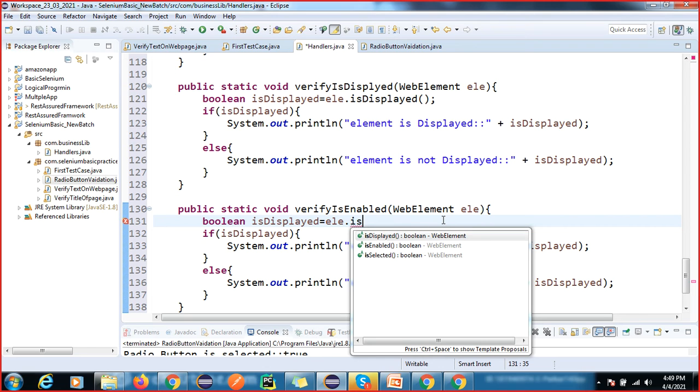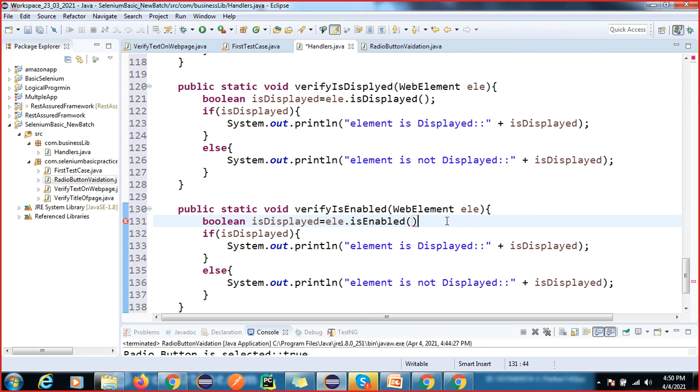This approach you have to learn in real time, how you can do fast development. So isEnabled, isEnabled, isEnabled, and this is your isEnabled.